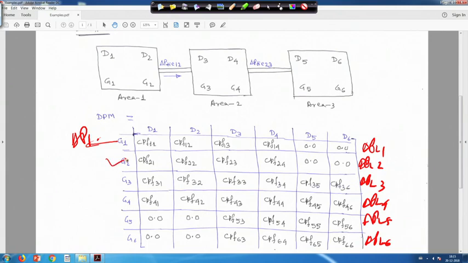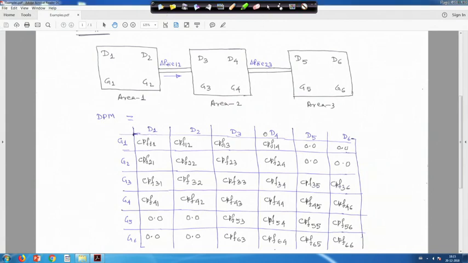So, similarly for G2 you can calculate delta P2, similarly for G3, G4, G5 and G6 you can calculate the contracted power demand. In general, the contracted power demand for each GENCO is actually a steady state value, that is, the power generated by the GENCO at steady state, right. So, this is what you call a longitudinal thing, right.